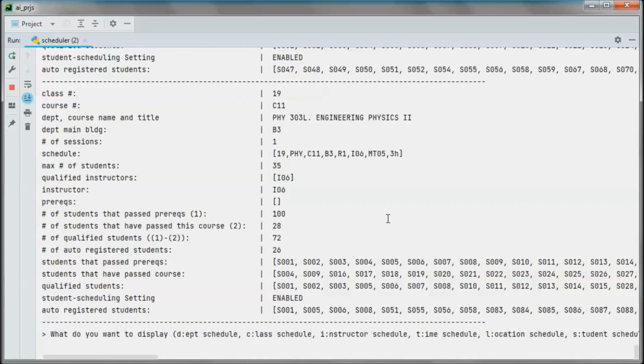And this is the schedule, the max number of students, and this is the qualified instructor, so this instructor was scheduled to teach it.